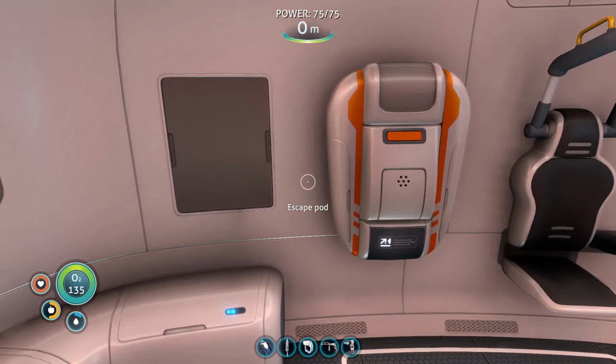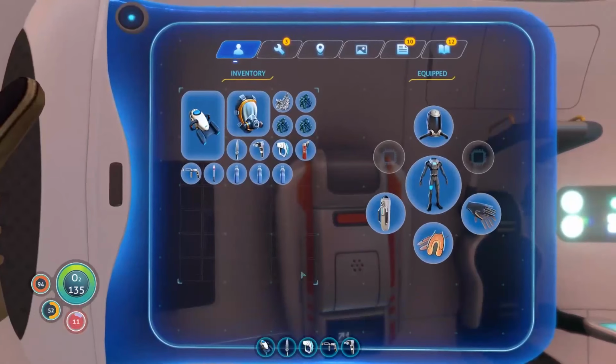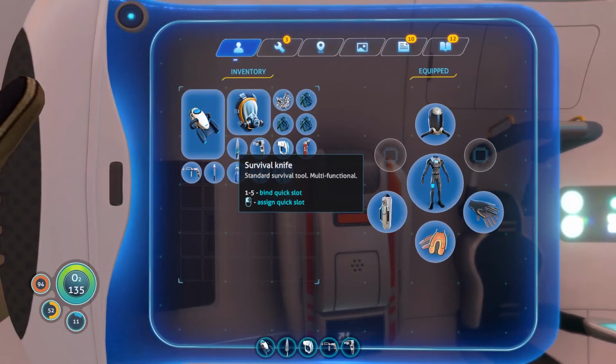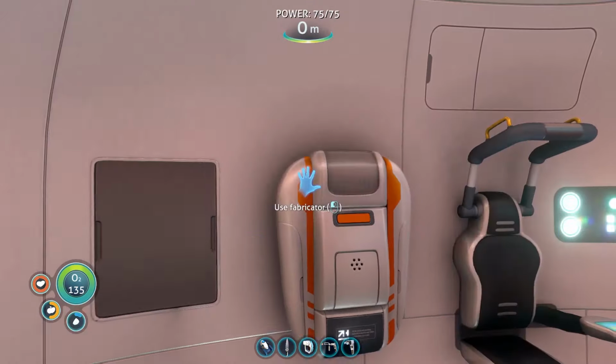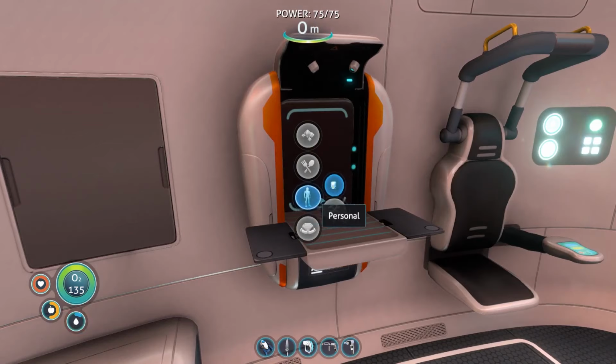You're starting out. So first things first, you need to get yourself one of these knives. This is the survival knife. You don't get it when you spawn in. What you want to do is use your fabricator. In your fabricator you can go to your personal setting, tools,